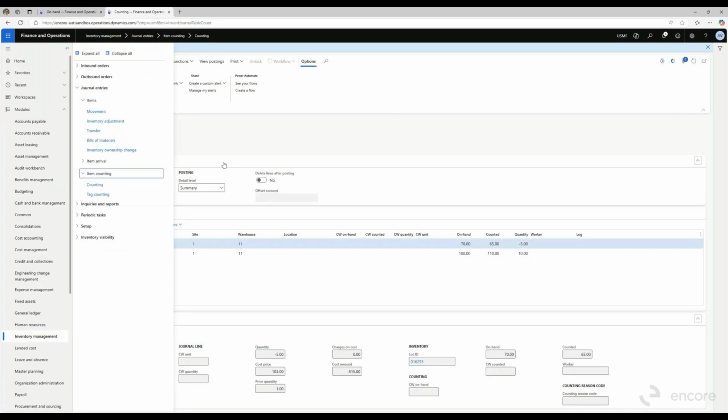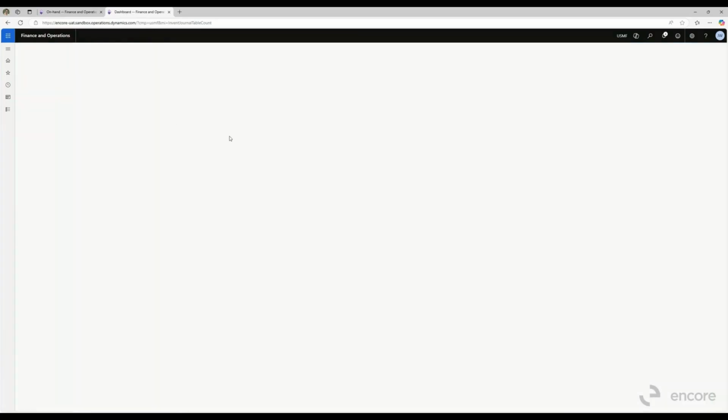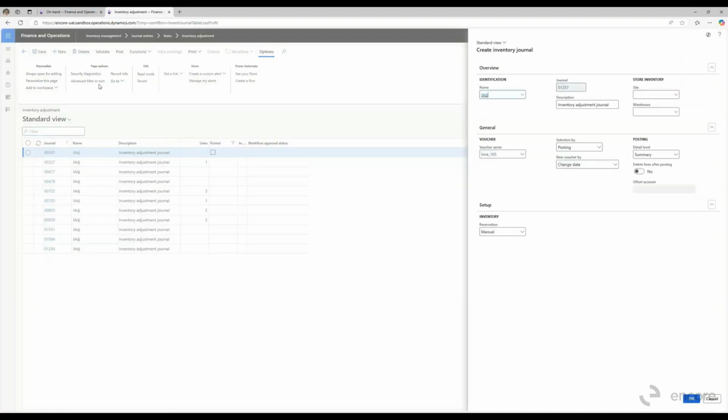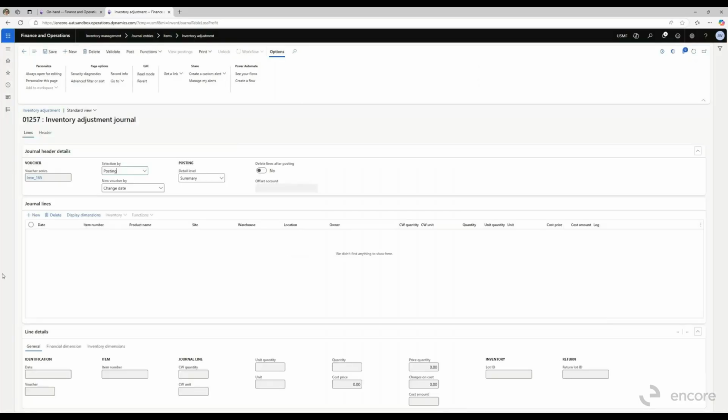The next journal we're going to look at is the adjustment journal. The inventory adjustment journal is an excellent source when you need to quickly add one or multiple items or remove one or multiple items from inventory. And you're going to post it against just the default